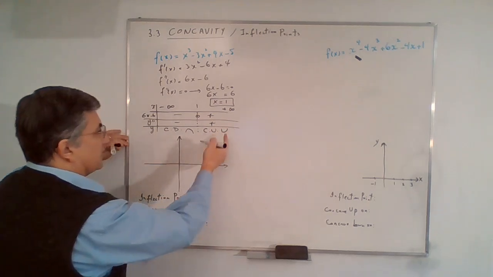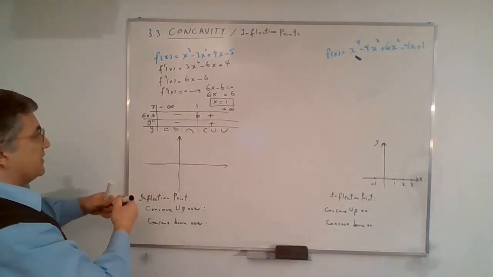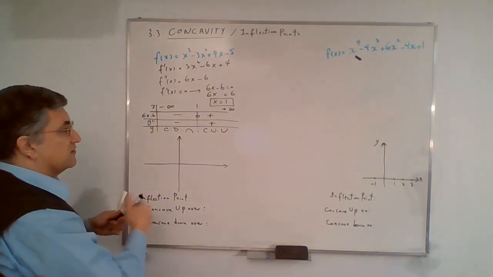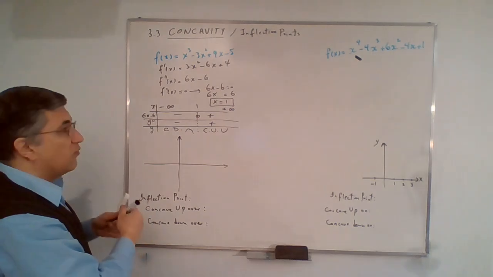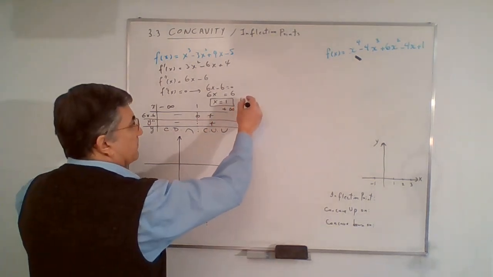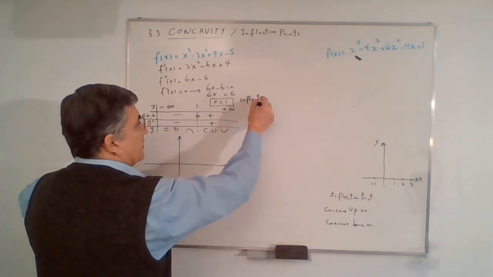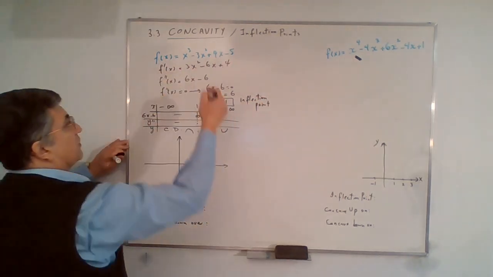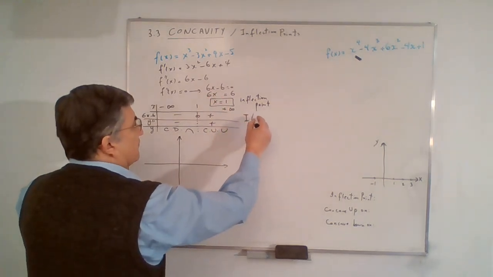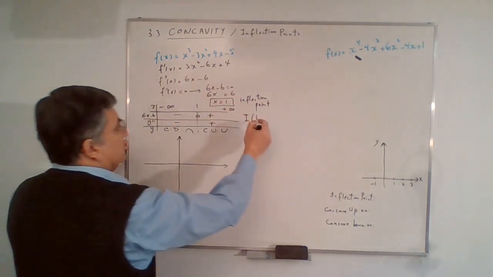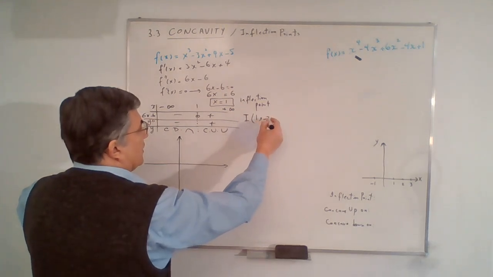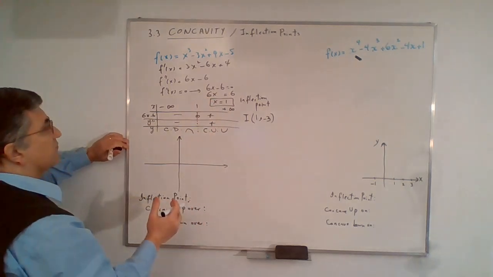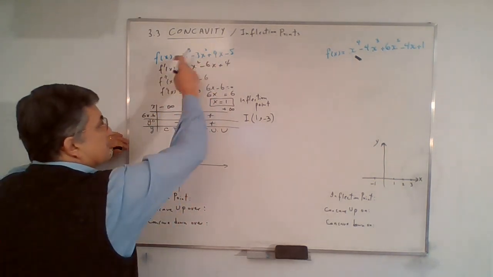So the graph is concave up on the right hand side of 1, and it's concave down on the left hand side of 1. So that tells us that this point with x equal to 1 was indeed an inflection point. So if we substitute 1 for x in the equation, we will even find the y coordinate of the inflection point as 1 comma negative 3. So if you just draw a quick sketch of this function whose y-intercept, I can tell it's